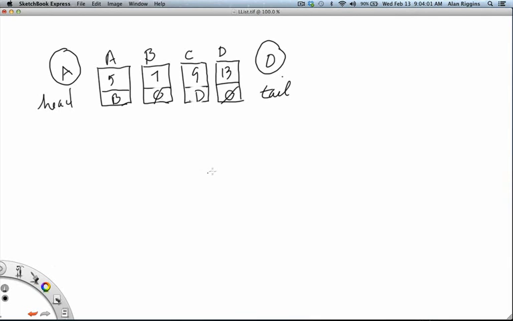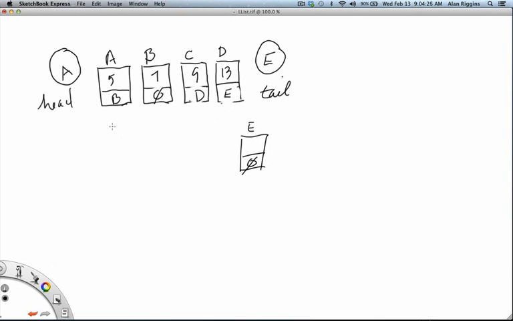So let us say that a student inserts a new node E at the tail end of the list, increments the current size. So this becomes E. So the student has actually inserted a new node into the tail of the list and incremented the current size,